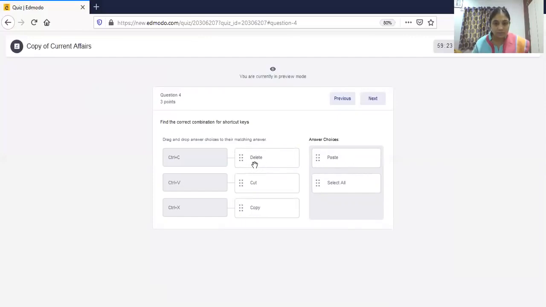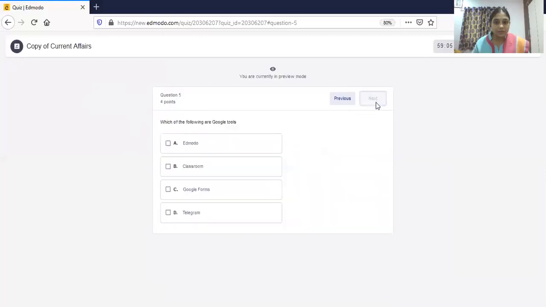So if you don't want like that, okay, Control C is for copy. Control V is for paste, and this is for, okay. So in this way we can match the question. Next, which of the following are Google tools? You can select the correct answers like this.